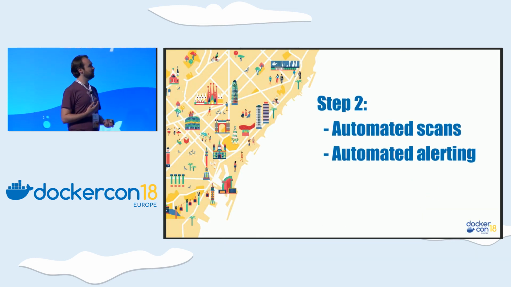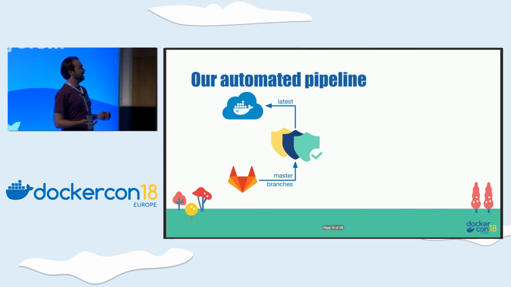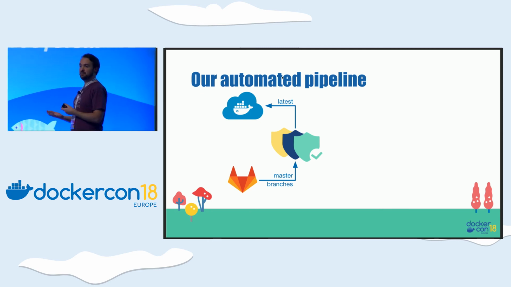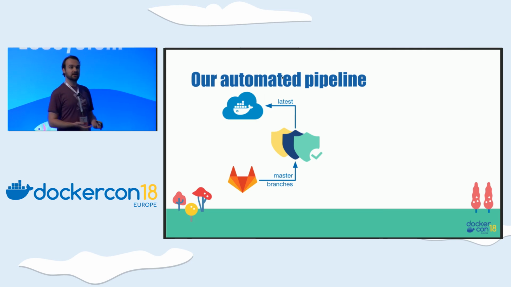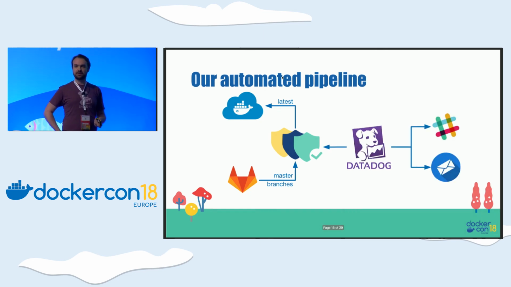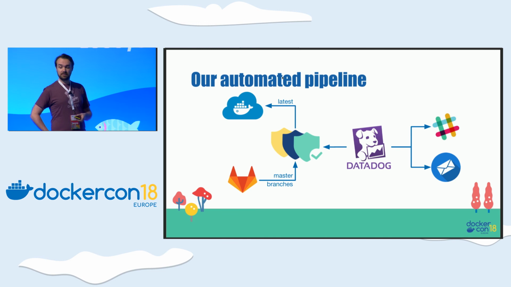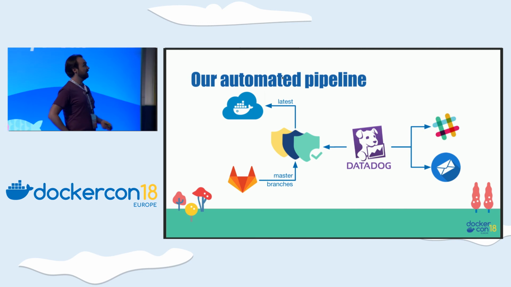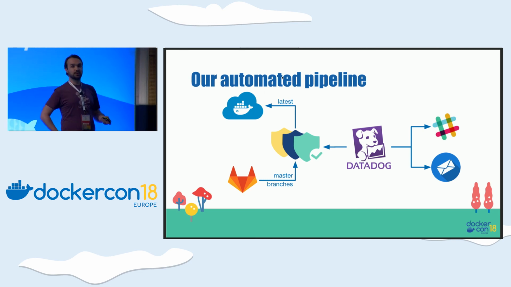And that's the second step of our journey with automation. We also automated the alerting. So this is step 1. We have a bunch of registries, and we have GitLab pushing images, and the registry is also watching the Docker Hub. So that's the first step. And then I said, oh, we are a monitoring company. Can we actually monitor it? So we are monitoring the registries, getting metrics and events from them, and with our alerting pipelines, triggering alerts on Slack, on email. And this allowed us to get information pushed to us instead of pulling it regularly.